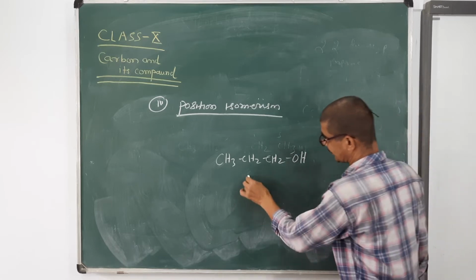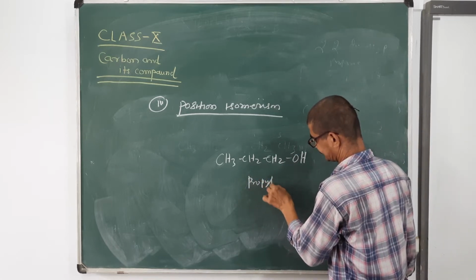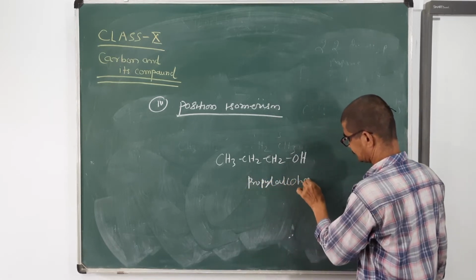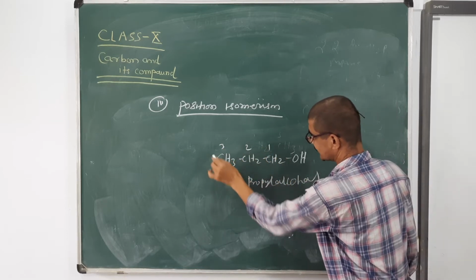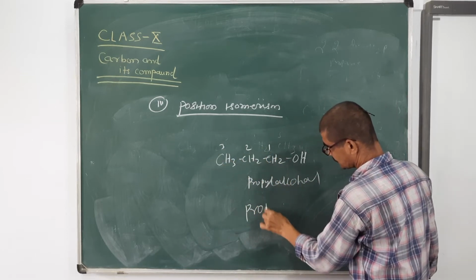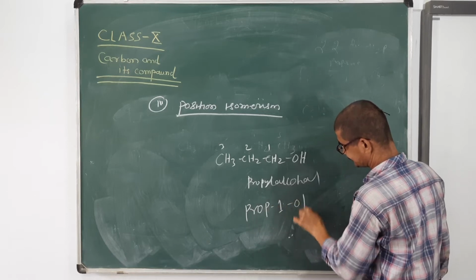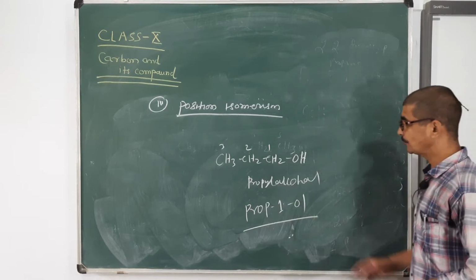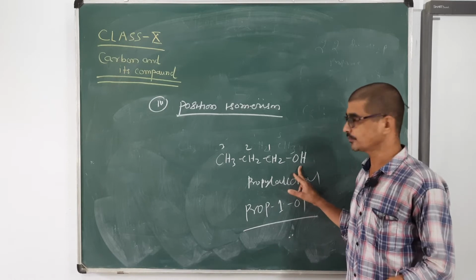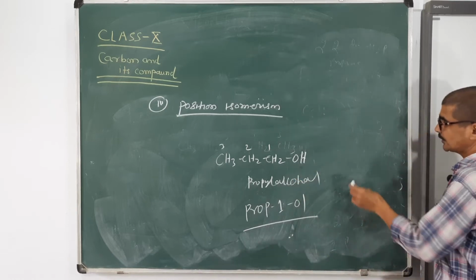This is called propyl alcohol. 1, 2, 3. Otherwise, prop-1-ol, because the position of the functional group is at the one position of carbon. Now the other side,